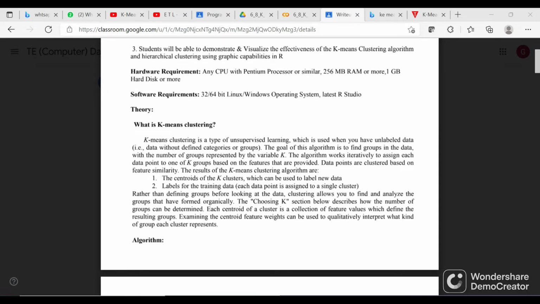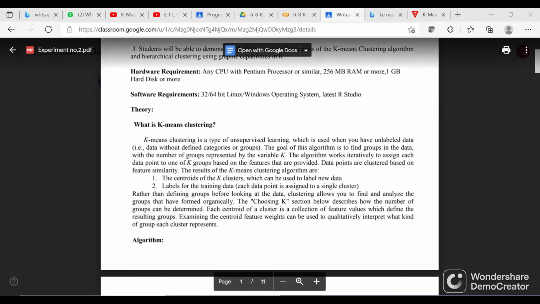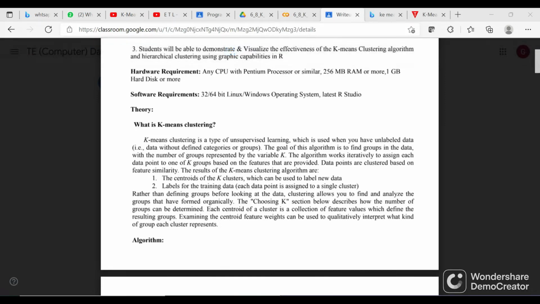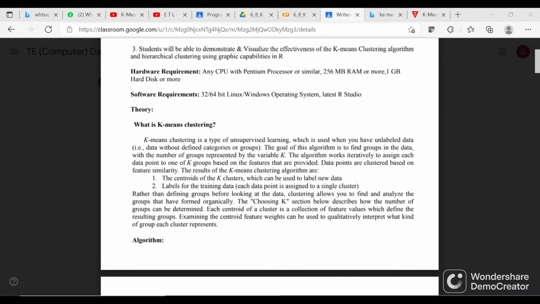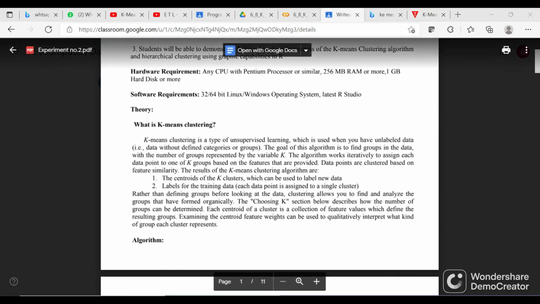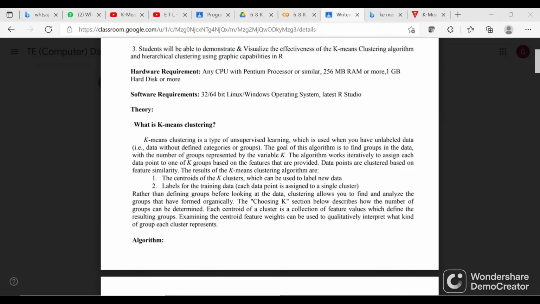The results of the K-means clustering algorithm are: the first is the centroids of the k clusters, which can be used to label new data. Second is labels for the training data. Each data point is assigned to a single cluster, rather than defining groups before looking at the data. Clustering allows you to find and analyze groups that have formed organically. The choosing K section below describes how the number of